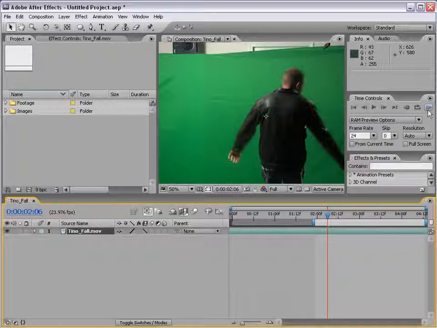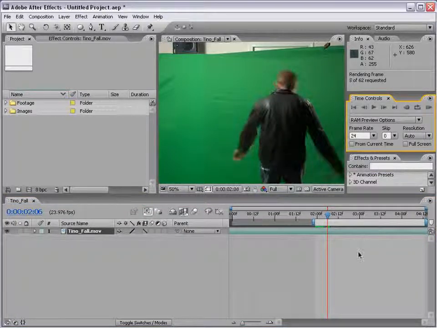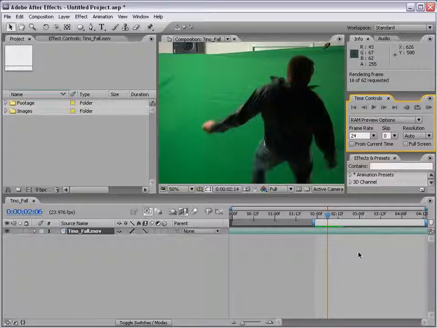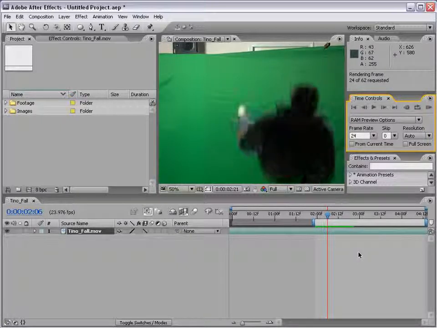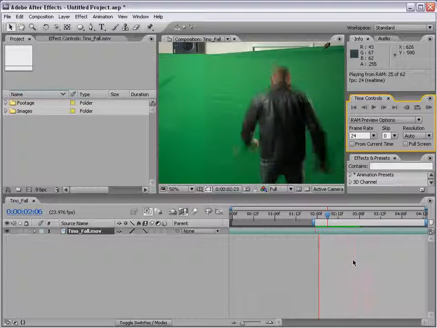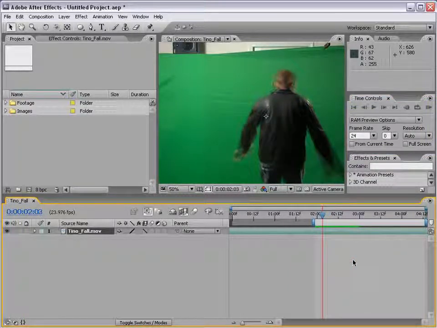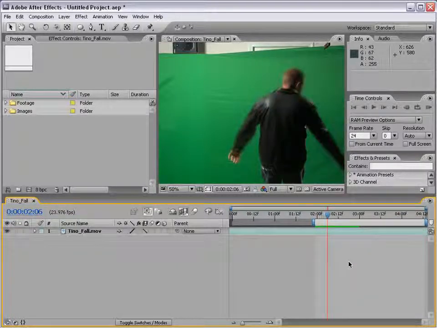And now if I preview this back, you'll see it's a little bit smoother, but we have this frame blending business. Now, sometimes this is okay depending on the effect you're looking for, sometimes not really. Now, if we click again on this frame blending, we're going to be using a function called pixel motion. Now, pixel motion is a brand new function in After Effects 7 and CS3